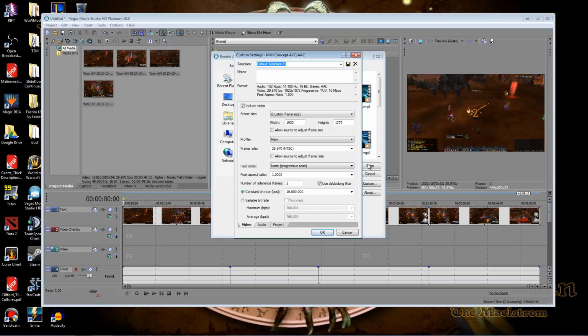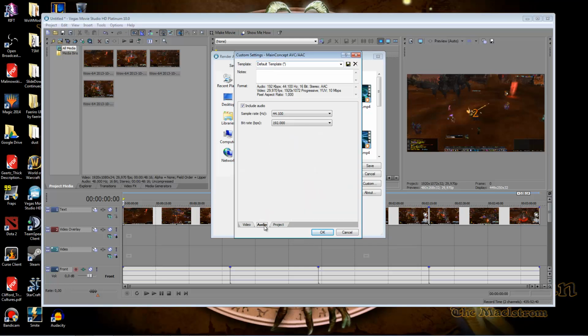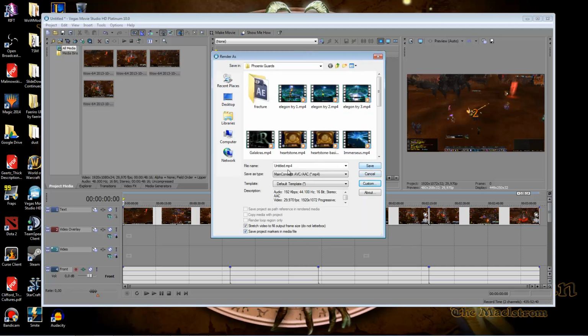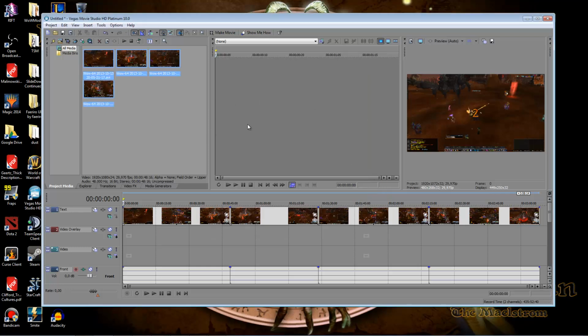exactly do the same settings in this one. You change the constant bit rate to 10 million, you change the field order to non-progressive, frame rate needs to be the same, that's it, and audio also the same. And you just click, give it a title, and you click save. You will get a bar in the middle, excuse me, that's a progress bar, and when it's done, just upload it